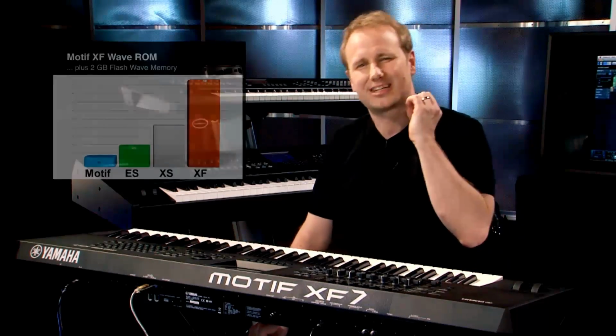Hello, I would like to present the new Yamaha flagship workstation, the Motif XF. The XF doubles the waveform size of its predecessor, and with the optional flash memory, it's a solid platform for future expansion. Using the 741 MB of internal waveform, Yamaha's international sound designer team created incredibly realistic acoustic instruments and